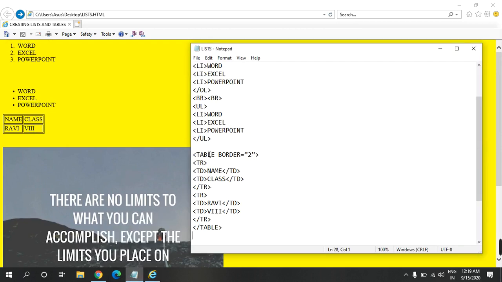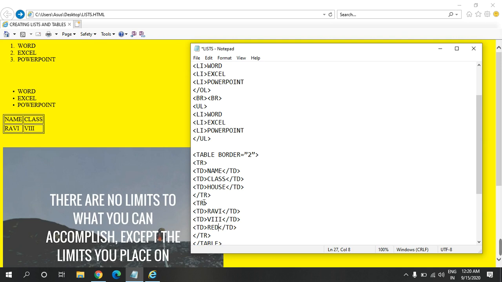Now we can also increase a cell in a row. How can we increase? We can increase a cell like this. We are increasing the cell. Here we are giving, let's say, class, and here we are giving house. House means in which house you are: red, blue, green, yellow. Because we have added one more cell here, we also have to add a cell in the next row where we will give the value of the house. Let's say the value of the house is Z.